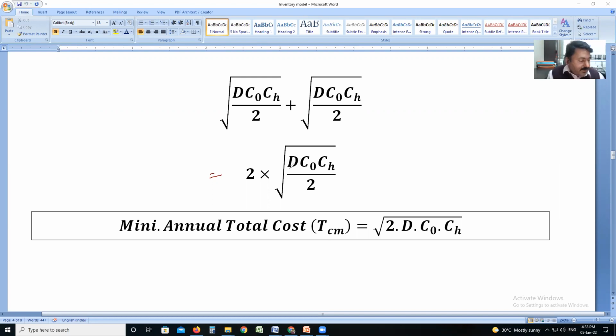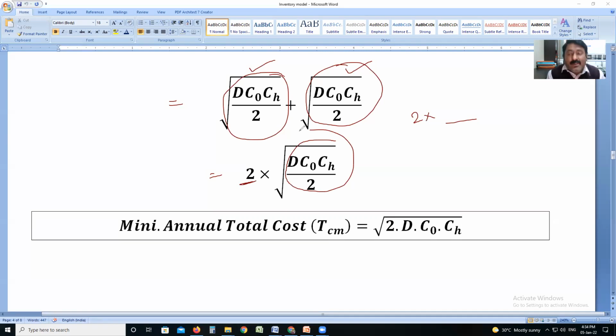But in any one of the numericals, you will come across only one cost given. For example, the ordering cost is given. So here you can see this value and this value are the same. Though in the example only the ordering cost is given, you can say that the final answer, the minimum annual cost, is nothing but 2 into ordering cost or 2 into inventory cost, because if you compare this value and this value, both are the same, it is nothing but 2 into any one value. This is required when we calculate the numericals.